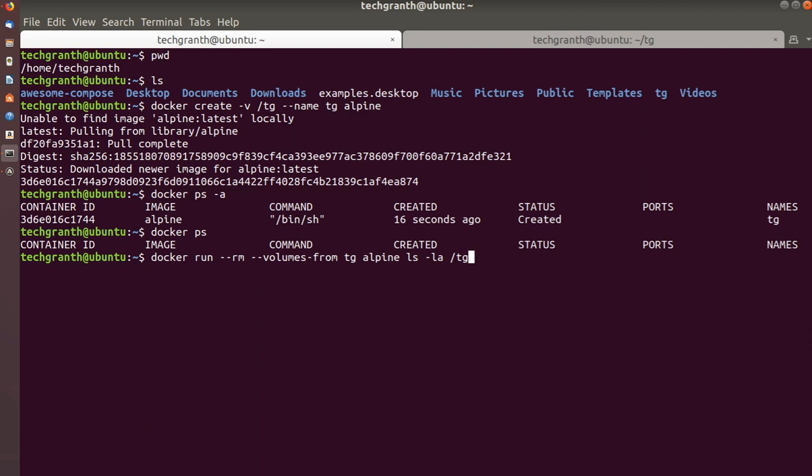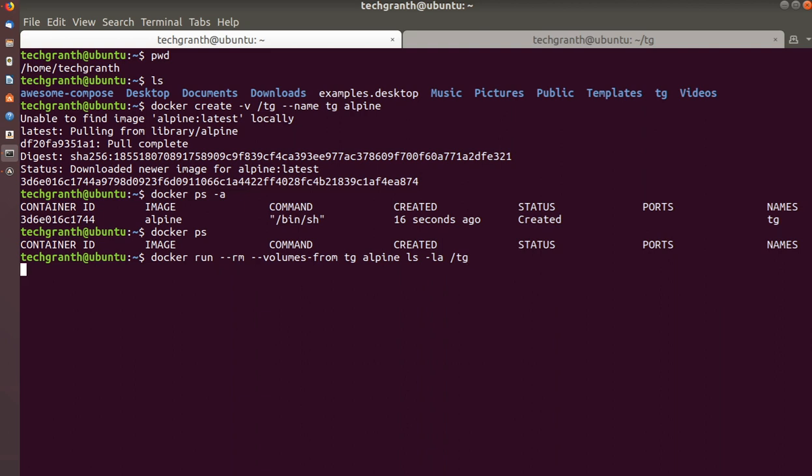So what it will do is run a container. Earlier we used docker build and docker run commands, but docker run also uses docker build in the backend. So using this docker image, it will run a container with this volume mounted. After that it will run this command, and when we exit out of this container, it will also remove the container.